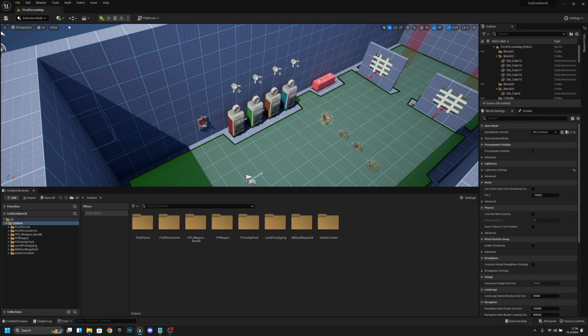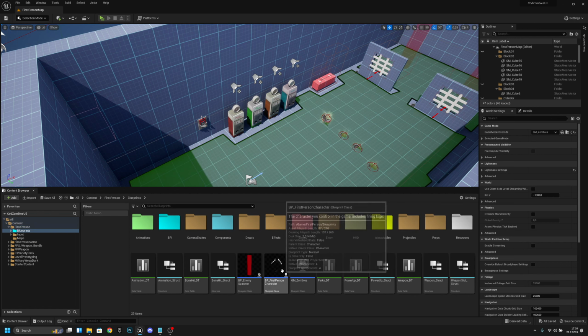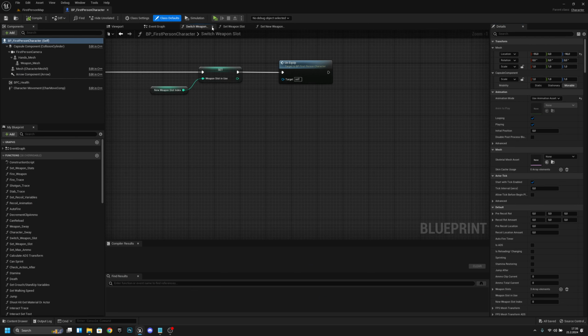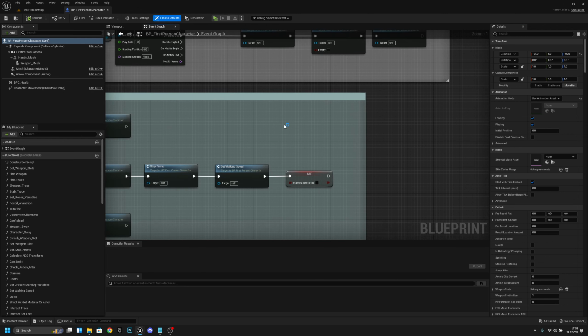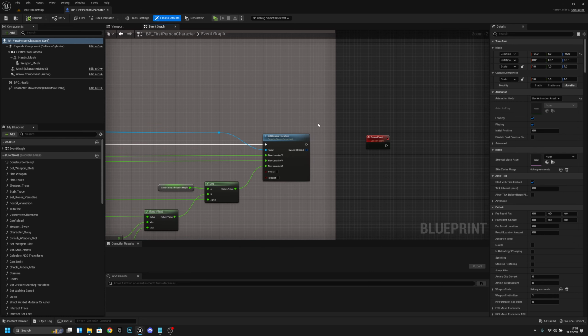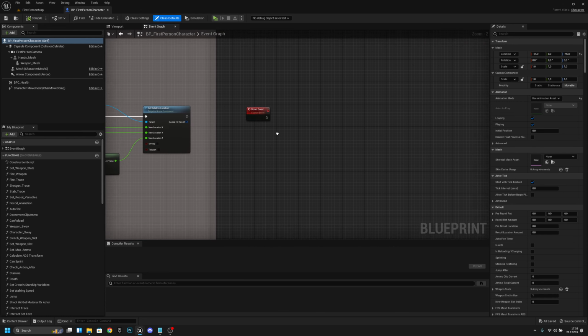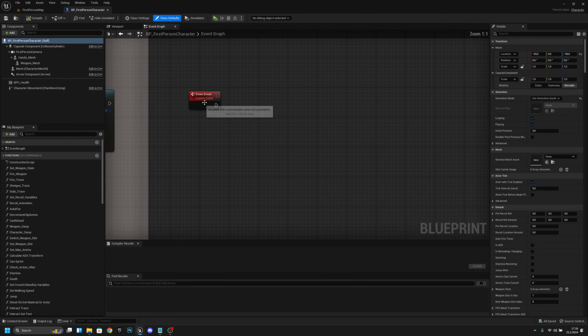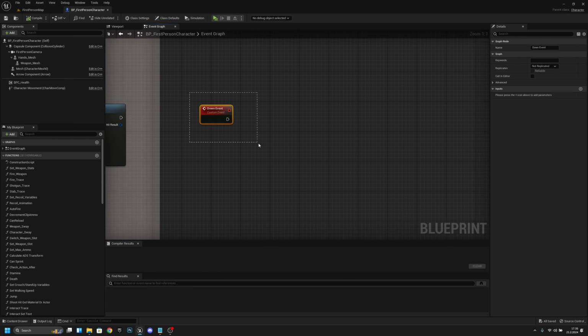First, let's go to the first person blueprints, and PP first person character. Let's open that. Now, what we want to do here, we can actually close all these now. Let's go and find some empty space. Actually, we did add this down event on the last episode, but if you didn't, just add an event called down event,